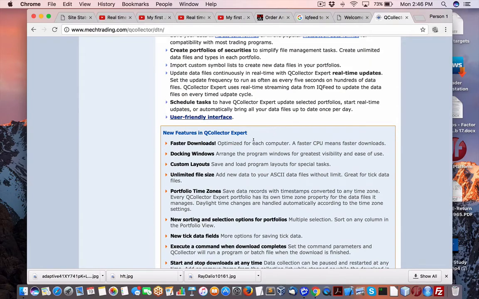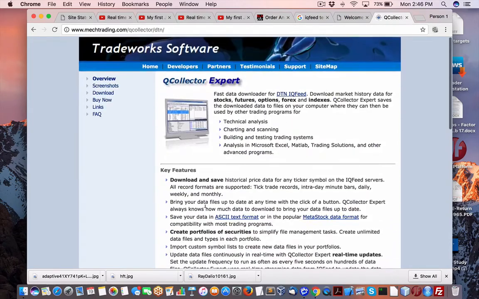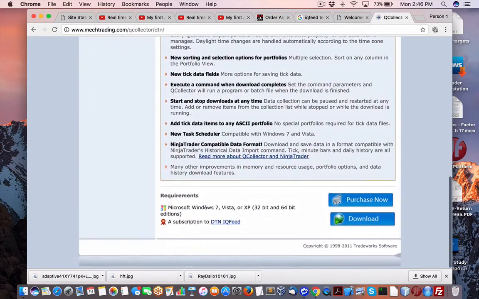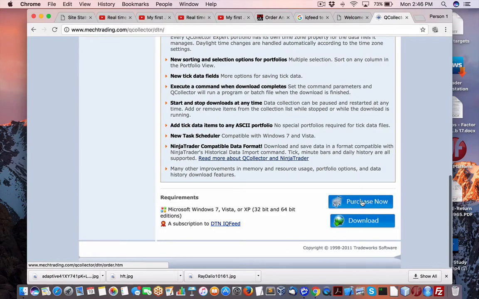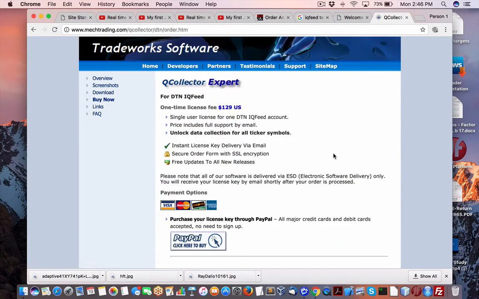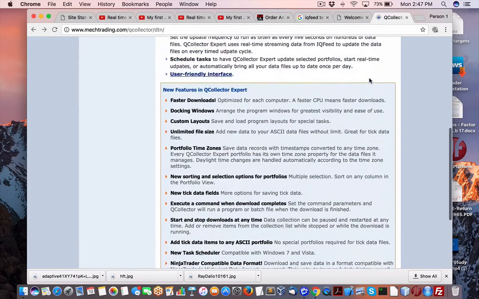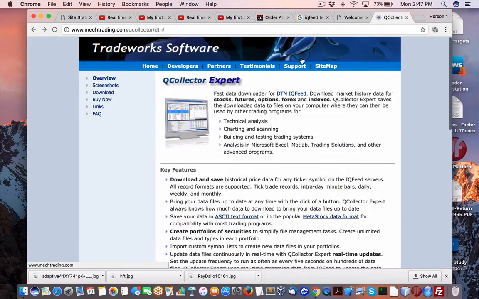It's a very quick way to download tick data and historical data, and the tool is like $100 and something, very cheap. I've used this for the last 5-6 years. It's $130, an excellent tool to quickly build data using CSVs or any data format you want. But unfortunately, it's only available for Windows.